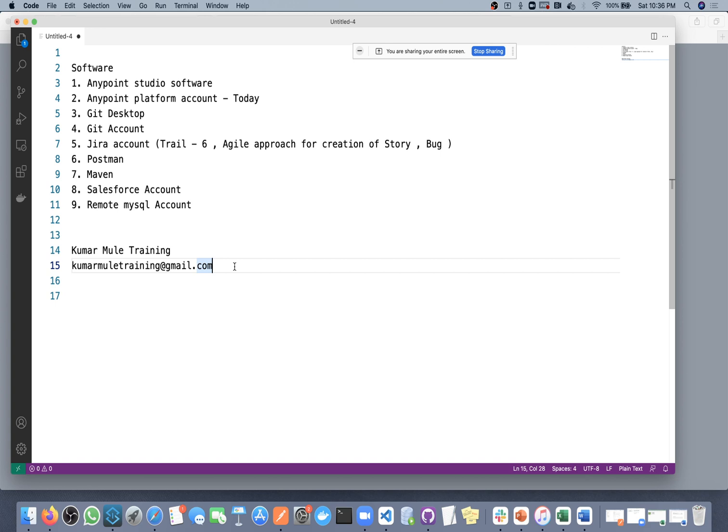Then they may ask a scenario, like if you have 2-3 databases in your process and one database fails, how will you roll back the entire transaction. Those kinds of questions they will ask, but they should not ask on the database side, like where your server is or how you configured it. Even if they ask, simply tell them you have a database team and you don't know.